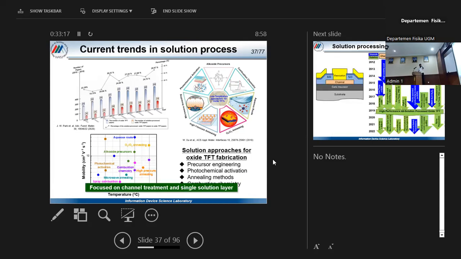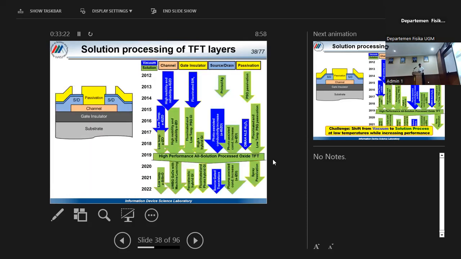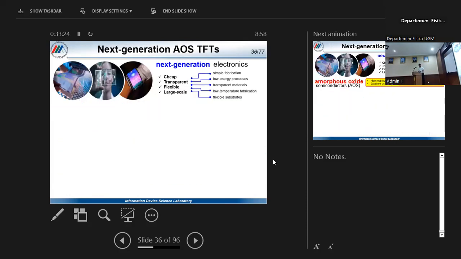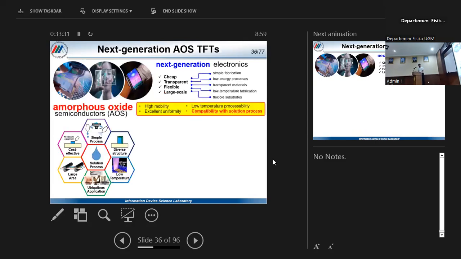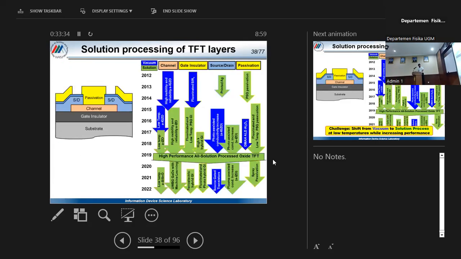But the problem is, most of this research is only focused on a single layer. If you want to do this, all layers should be fabricated by solution process, not only the channel or the semiconductor layer. So our group has been hard at work doing that. Each of these layers, from vacuum process in blue to green, using solution process. Due to lack of time, I'll just focus on two areas, the channel and the source drain region